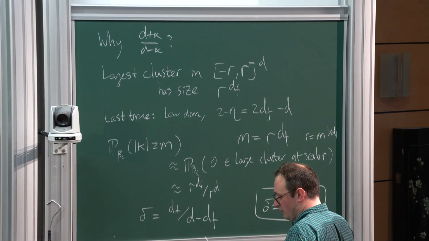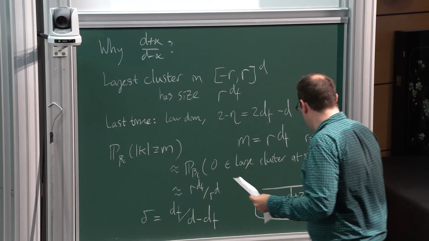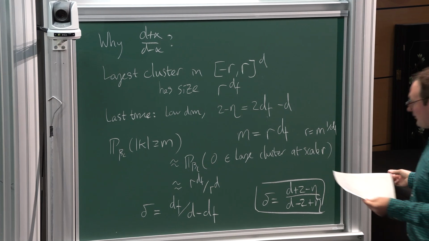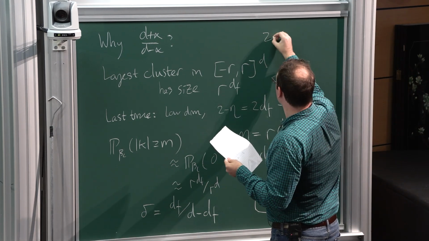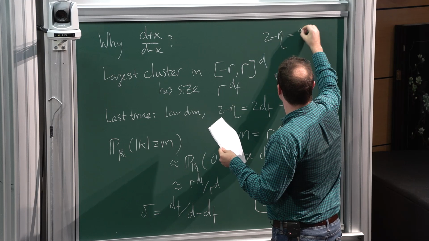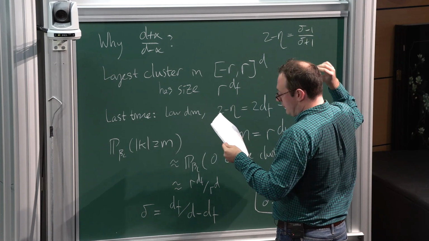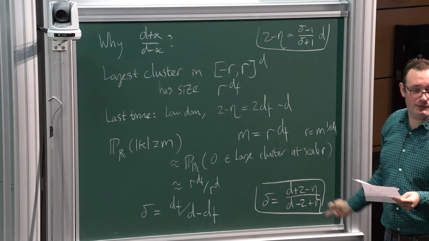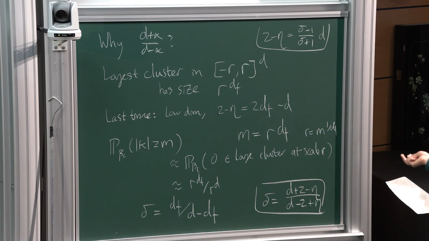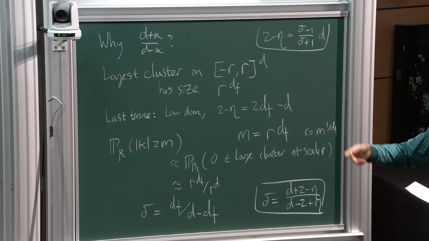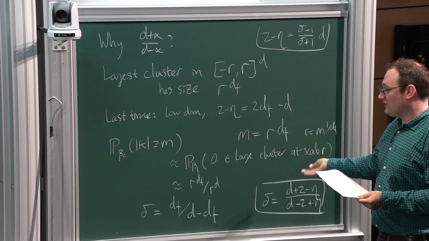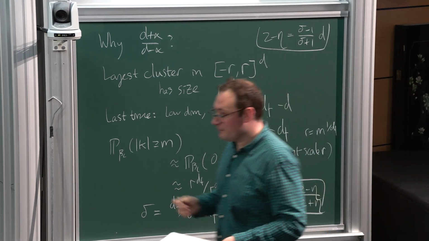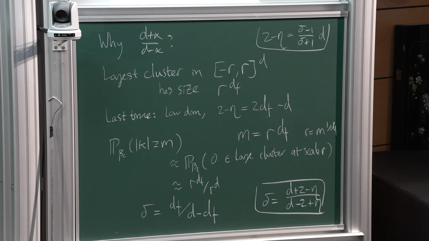By the way, it's also convenient to write down, with any of these relations, you can solve for one or the other of the parameters, and it's useful to write both of them down. So the other way of writing it is that 2 minus eta is equal to delta minus 1 over delta plus 1 times d. Okay, so these are just the same relation written in two different ways. And again, these are things that we only expect to be true below the critical dimension, or also at the critical dimension, in which case these arguments may not capture the correct powers of log, but they should give the right exponents.